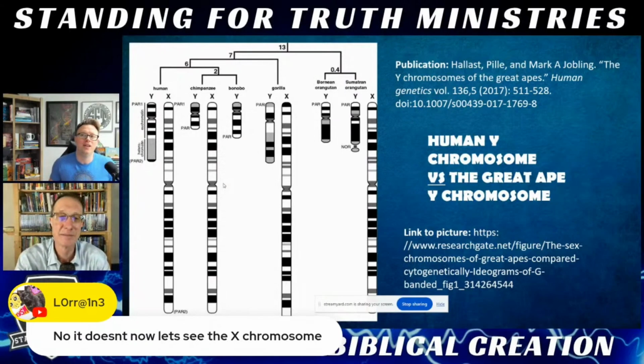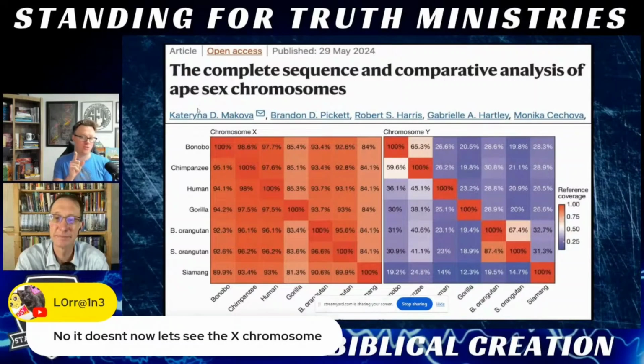But my whole point, and the point we're trying to make as creationists, is similarities do not equate ancestry or common descent. Similarities can go either way. It's agnostic. It's like saying, well, creation is true or evolution is true, Brian, because the sky is blue or the earth is round. Well, largely both models can account for the data. It's the differences that make all the difference. How do the evolutionists, Brian, explain these massive differences in Y chromosomes in just 6 to 10 million years since the split? And this is what I really wanted to show you, Brian.